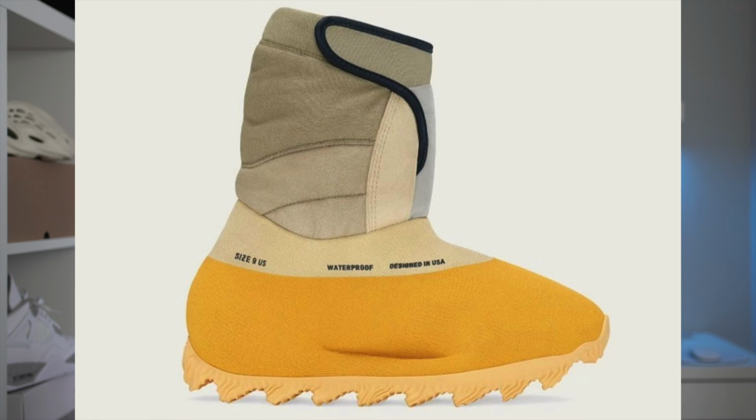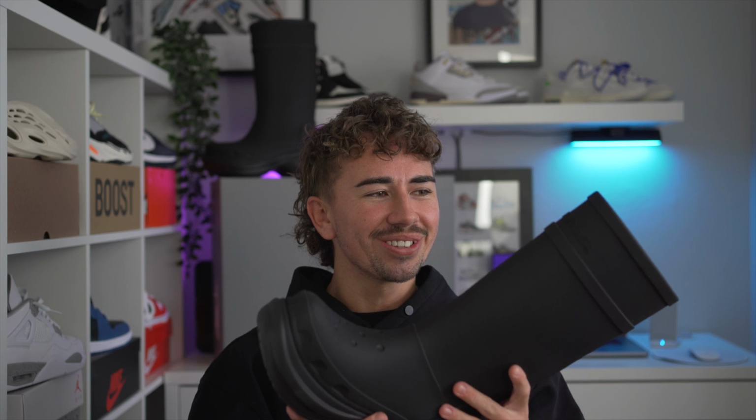Like, take some of the boots from Yeezy. Yeezy has done the insulated boot. That thing is insane. Of course, the knit runner boot, that thing is also insane. We're starting to see more and more brands just adopt this crazy boot, just being huge, looking like a moon boot. And this has got to be one of the ones that I just had to try and check out and just see for myself,